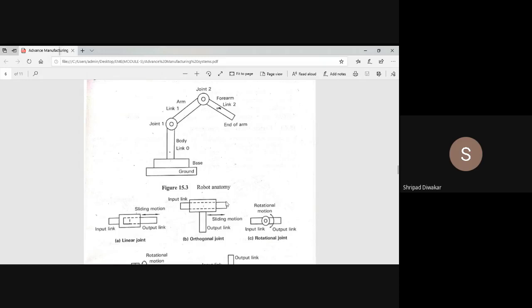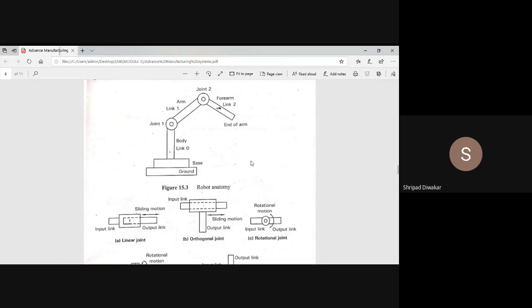On the ground we have the base. Next we have joint 1 and joint 2. On the body we have joint 1, and this joint 1 is connected to a number of joints through different arms. The arm is a connection between joint 1 and joint 2, and then we have the different arms.